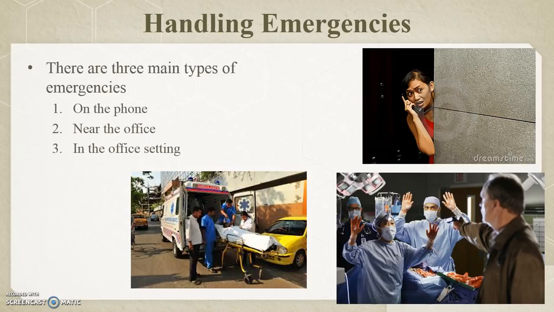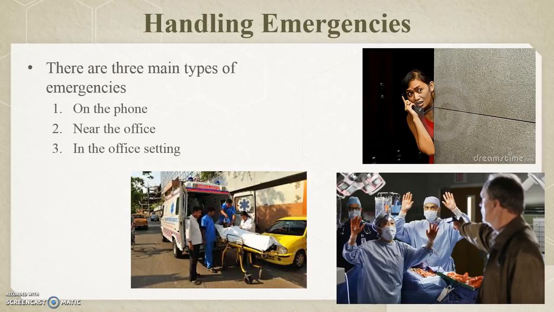If your patient calls in and says that they are having chest pain and they're at home alone, the appropriate thing would be to not hang up on them, stay on the phone with them, and try to get help to them. Have another coworker call EMS. Another thing that could happen is maybe you have somebody calling in and threatening you, and you need to be able to take that phone call and maybe put a preparedness plan in place in case that patient does follow through with something.